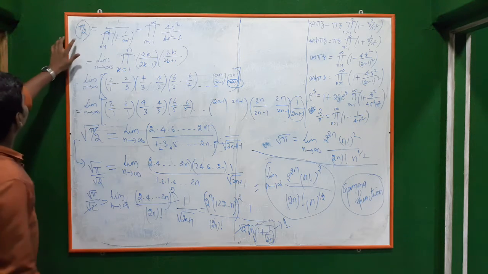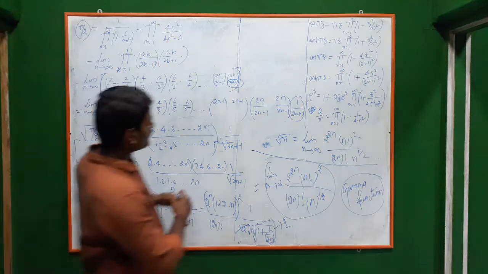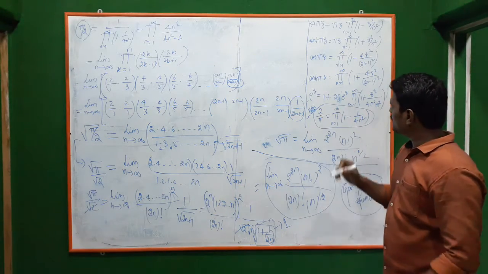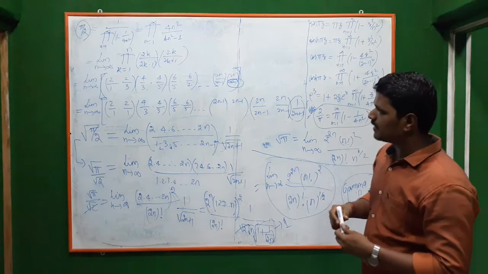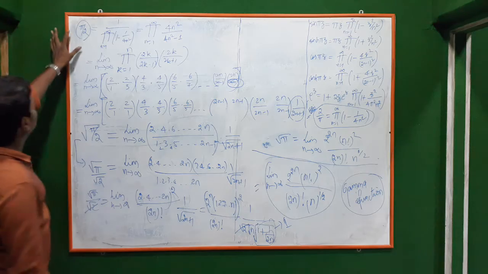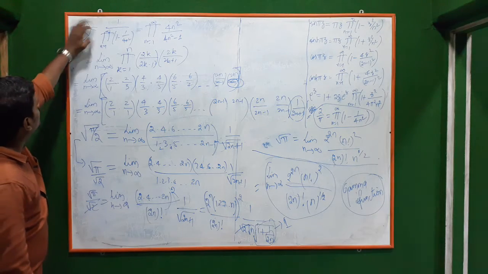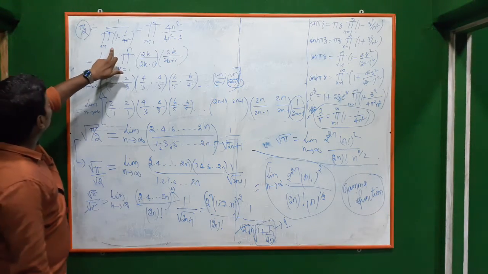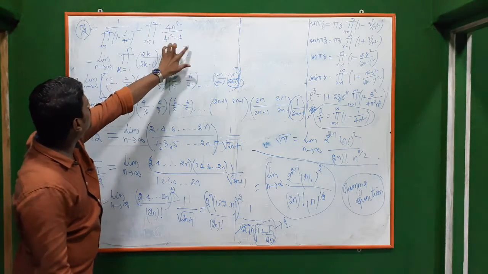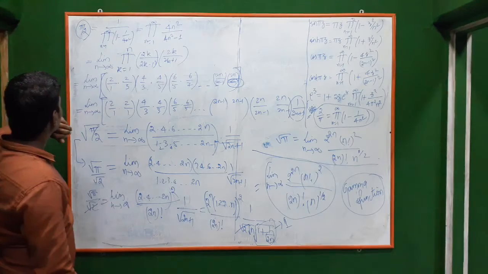So we have found 2 by pi there. Okay, 2 by pi is the Wallis product which we have found here. So by using the Wallis product, we have to find the value of root pi by 2. So from that, if you take the reciprocal of 2 by pi, it will be pi by 2, which will be this reciprocal, which you can write as pi, the product to n from 1 to infinity, 4n square by 4n square minus 1. Okay.